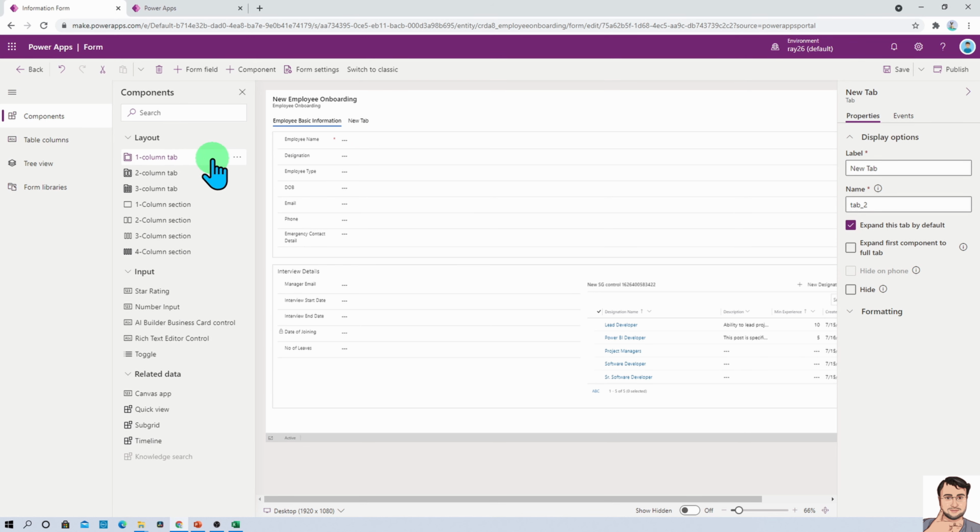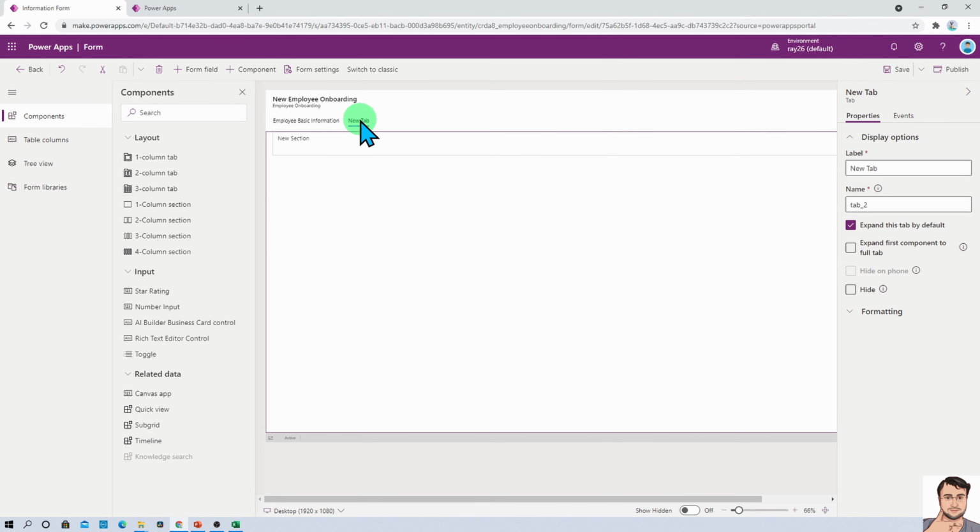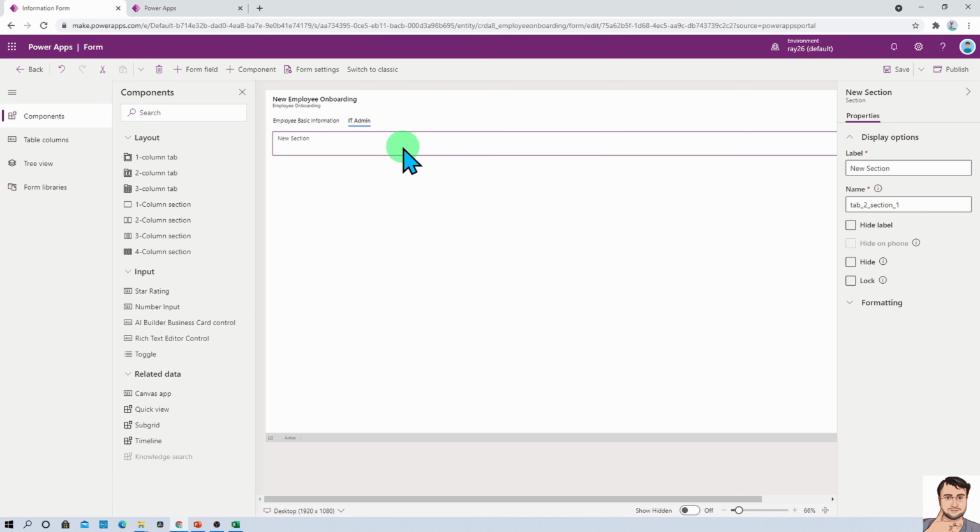I'm just clicking on one column tab and it has added this tab for me. Let's provide the tab name as IT admin task, and under this section let's add the fields related to IT admin.